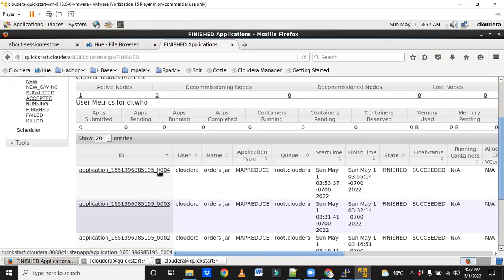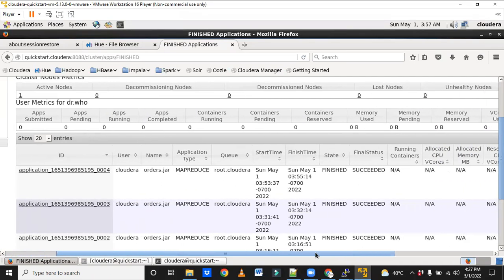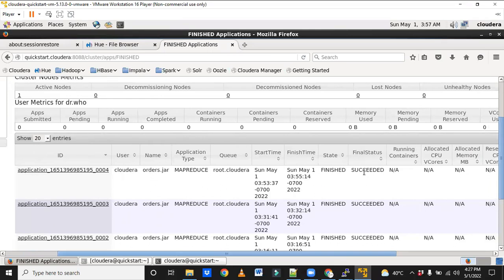See this, just now we ran it, right? So this is how we generally check the status is success, at what time it started, at what time it finished. Here we can see the logs if you want. Let us say this job got failed, then to debug the issue, simply we have to go